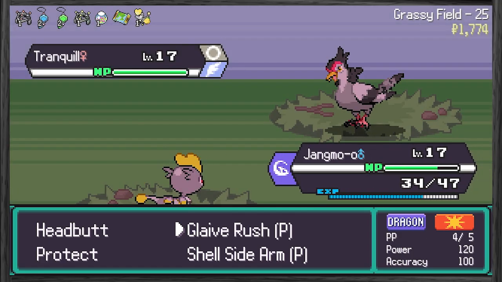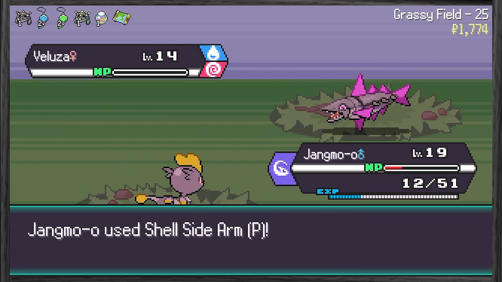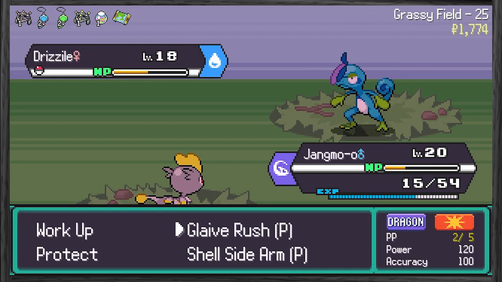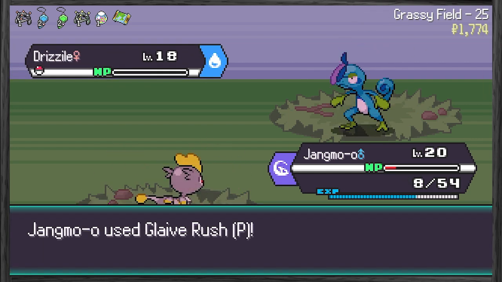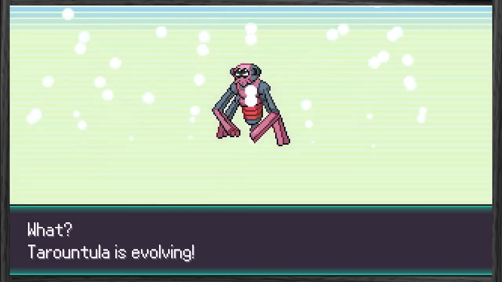I switch to Jangmo and take it out with Glaive Rush and Shell Sidearm. She sends in Veluza, which goes down again, bringing in her Drizzile, who Jangmo kills with a Glaive Rush, winning me the fight. I then cruise through the rest of the biome, evolving my Tarountula into Spidops, and Jangmo hitting the level cap,